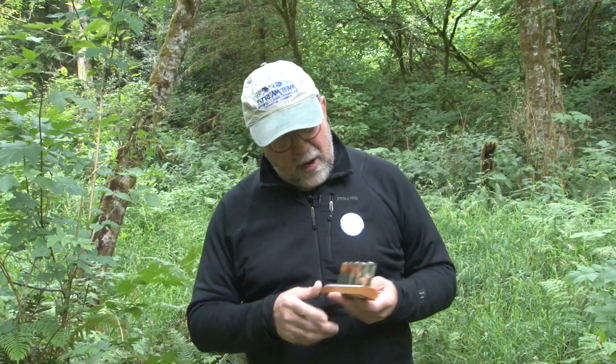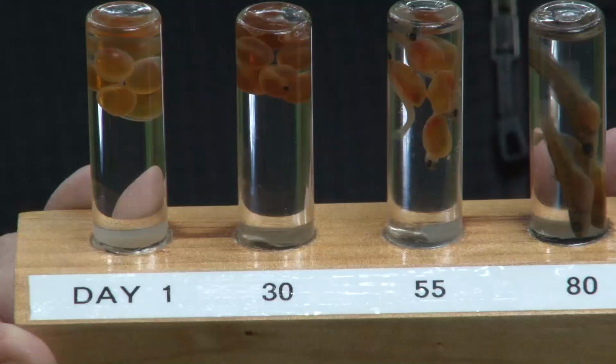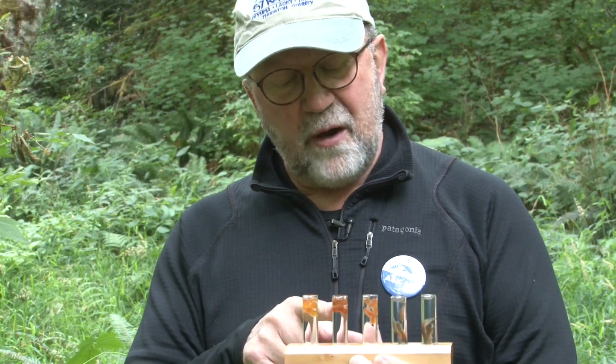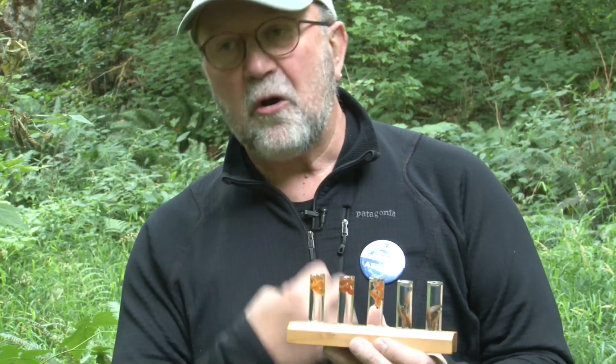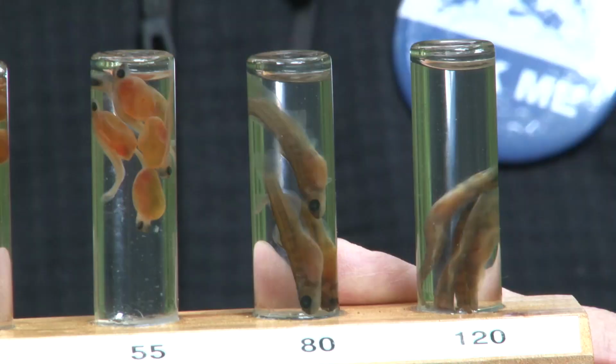I brought a little prop along here. They're usually eggs like this, and as they are in that gravel, if it's well oxygenated and it has all the things they need, they gradually develop. It's kind of a function of water temperature and time, until they become what we call alevins, and they still have the egg yolk on them. And they stay in the gravel, and at a certain point they come out of the gravel as fry,